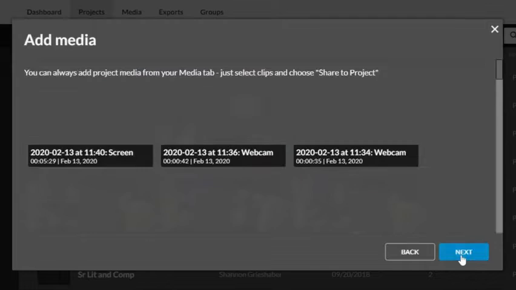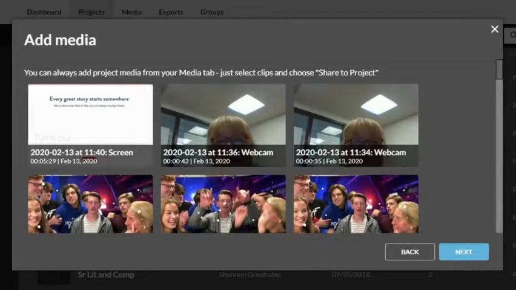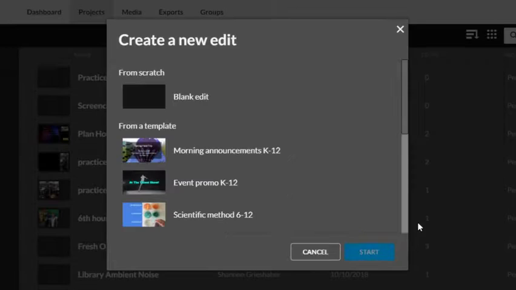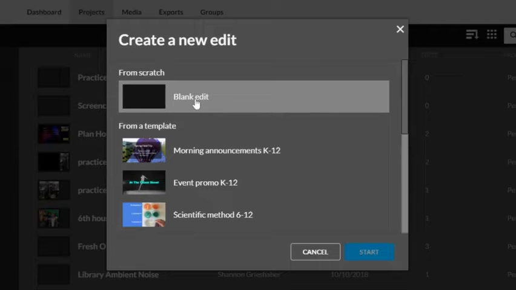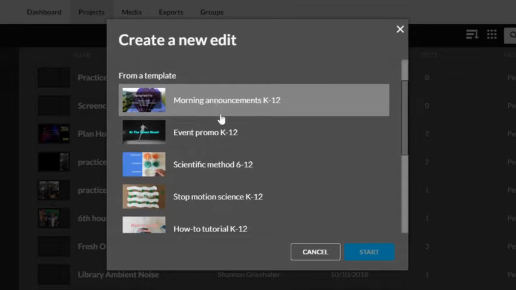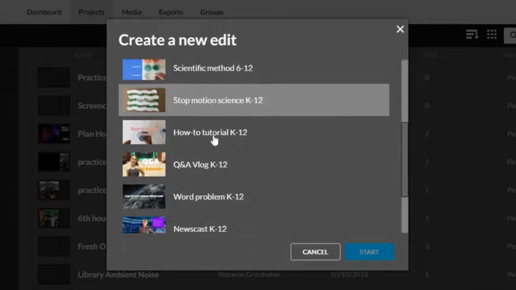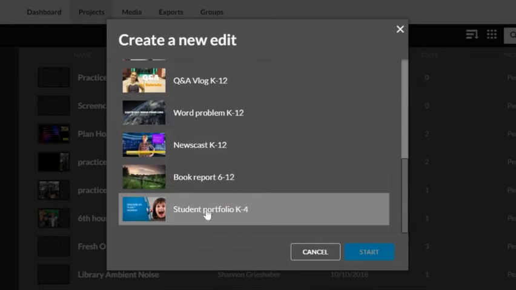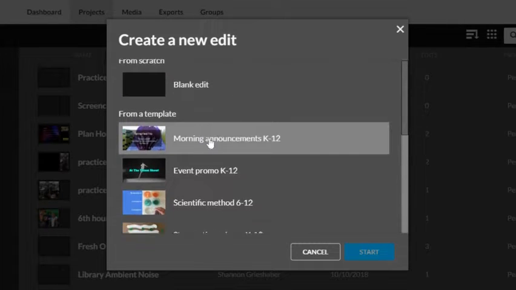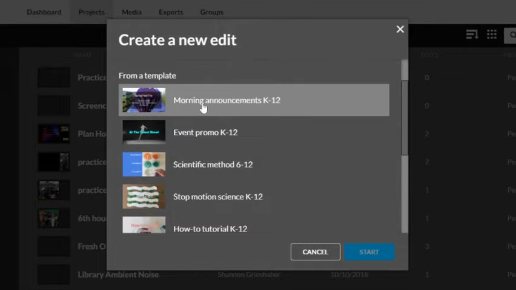I'm just going to pick me, click on next. We're going to come to this later, so you click on next again, and then tell it you're ready to create your video. And we're going to click on blank edit to start from scratch, but there are also templates in WeVideo. What you can do, if any of these look like they've got the kind of content you're looking for or the type of video you're looking for, you can always click on those and just edit the